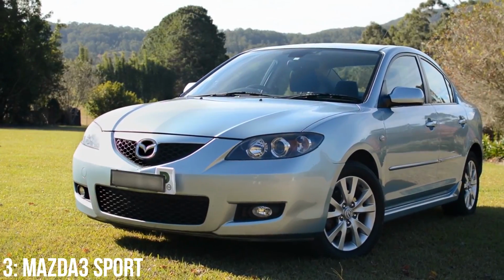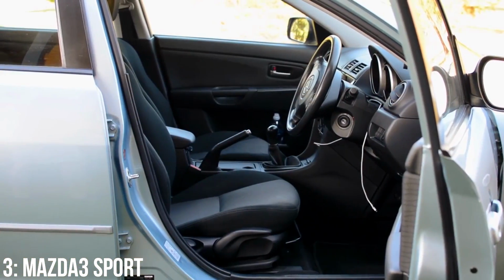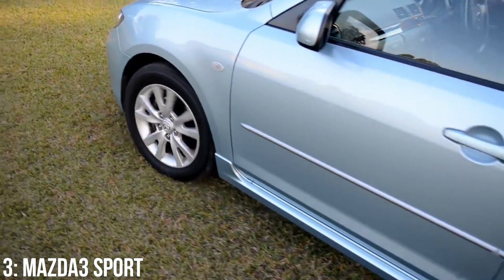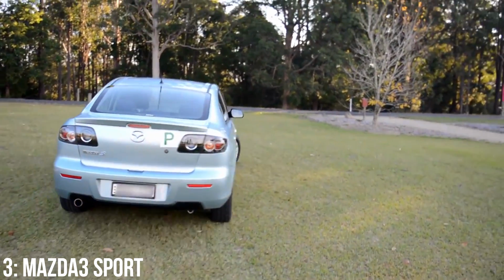In fact, after its release, many automotive journalists said it feels like a much more expensive car when you're inside it. What's also quite special about this car is you can get it as either a hatchback or a saloon, so for those of you that don't want a hatchback as a first car, here's your chance. Practicality is a key benefit of this car too. 346 litres of luggage capacity, almost 100 more than the VRS, 35 miles per gallon, which isn't awful, and 5 seats, and rear doors,